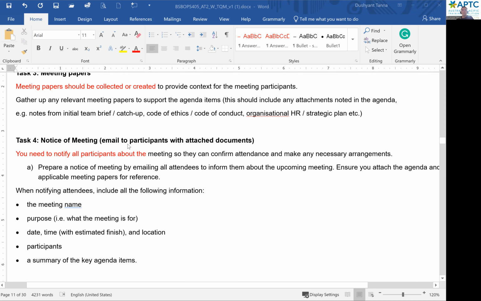Notice of the meeting. Email to participants with an attached document. You need to notify all the parties about the meeting so they can confirm their attendance, and it's not a verbal one. It's an email. It says here as well, so you can make the appropriate arrangements. Prepare a notice of meeting by emailing all the attendees